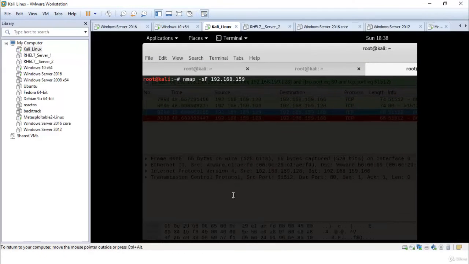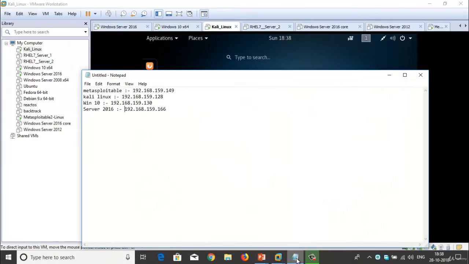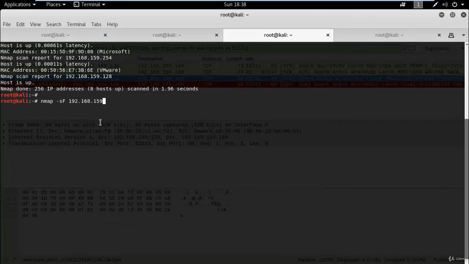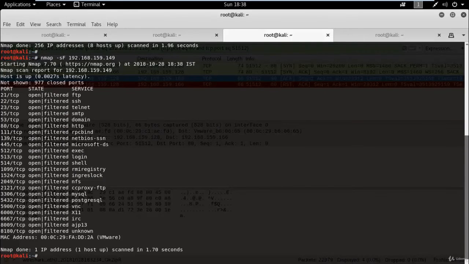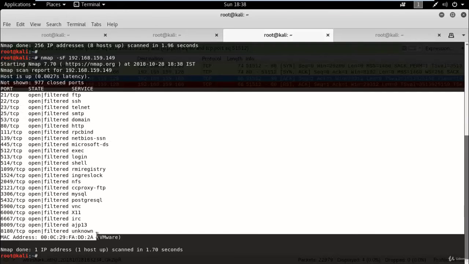Use the Metasploitable IP address, which ends in .149. So you can see we are able to gather target device port information by using FIN.